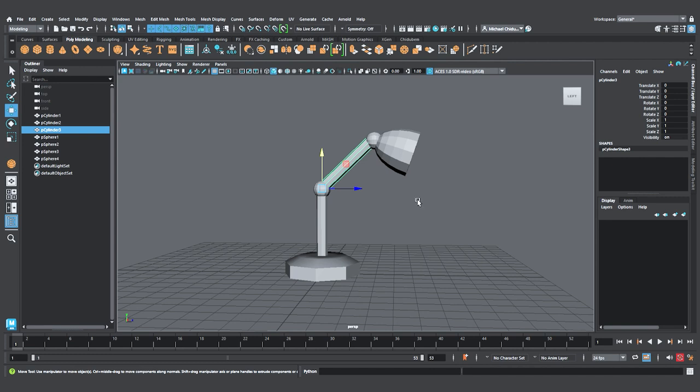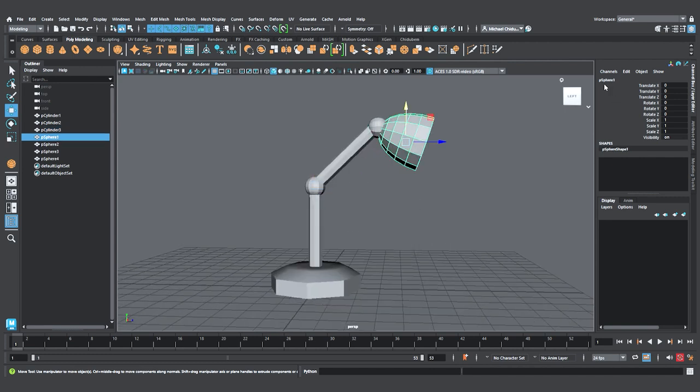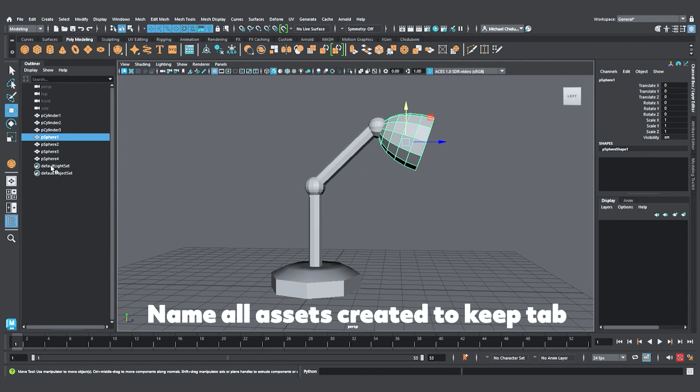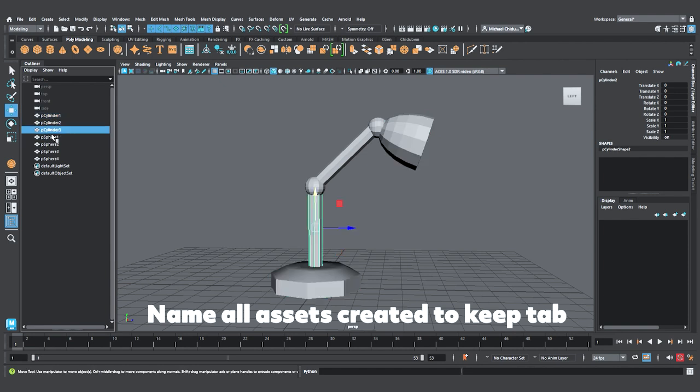The next thing that is a very good practice is to give names to all of your assets so that it's easily identifiable in the outliner. This section is the outliner. It kind of lists every part of the mesh or the assets that are in your workspace. All right, so you could double click here and give it a name. I'm just